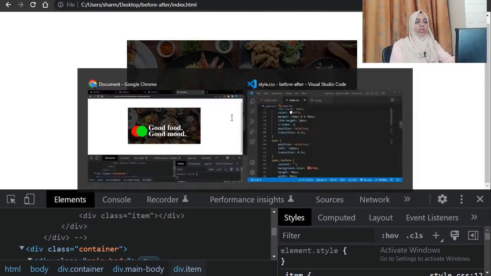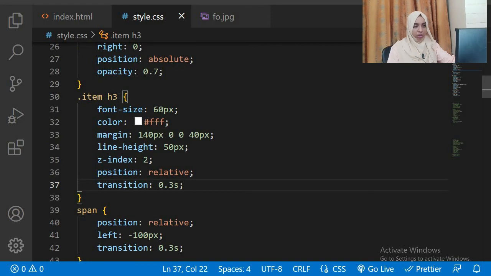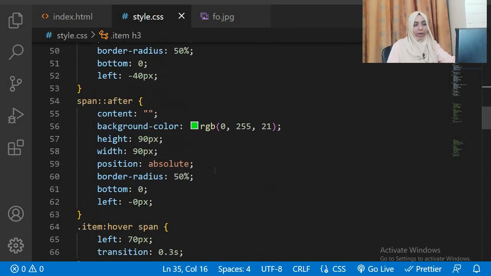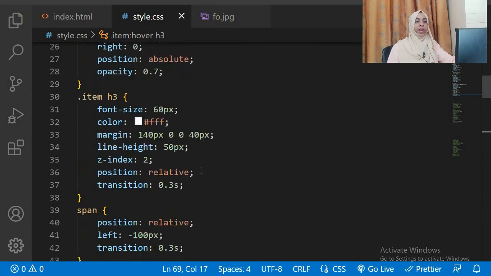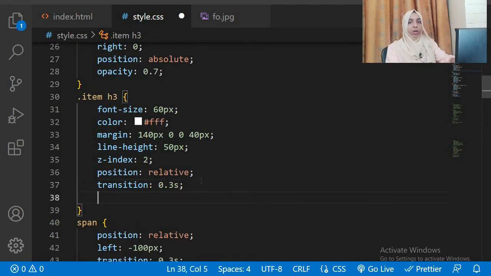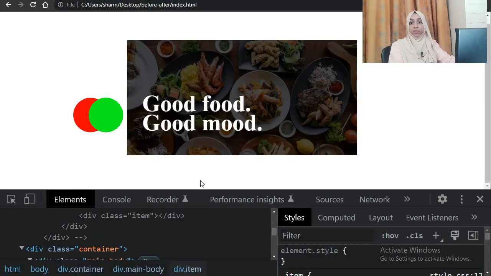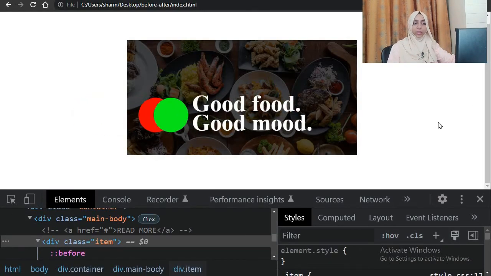H3 has a position of relative, but it does not have any left value, right? But here we have a left of 130 pixels. That's the reason it is jumping. It needs to know where to start from for that smooth effect to happen. So here, even though it does not affect the element, we need to give it a left of 0 to get that smooth effect.